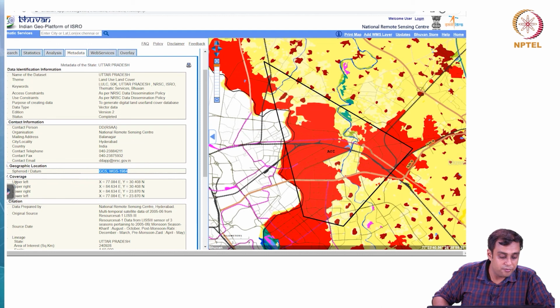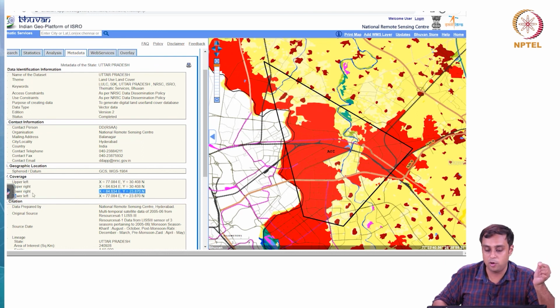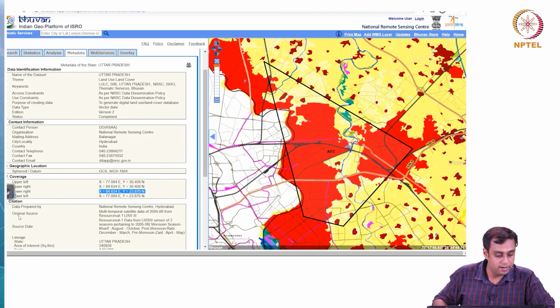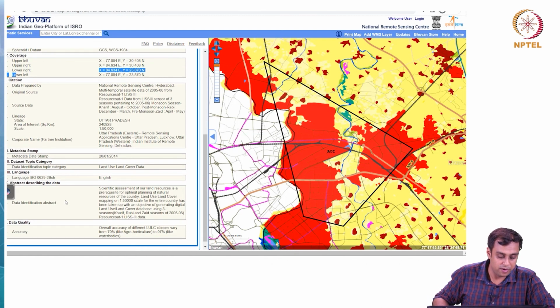We have coverage, which tells us what are the extreme x, y coordinates on upper left, upper right, lower right, and lower left. So, it is giving me the x, y coordinates that encompass the area of interest, right. Then we have citation. So, if you are using these data, this is how we cite these data, right. So, we must be aware of this.